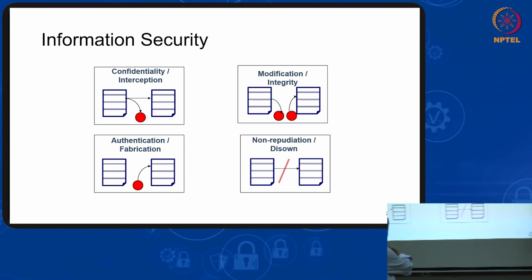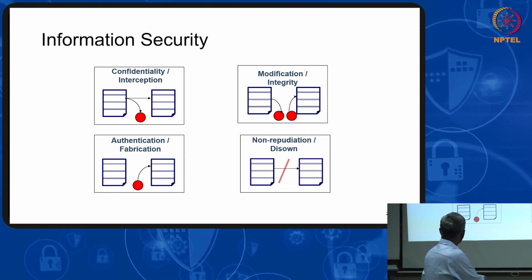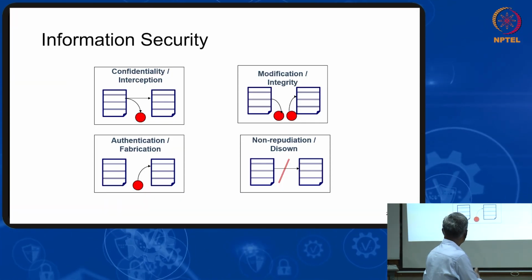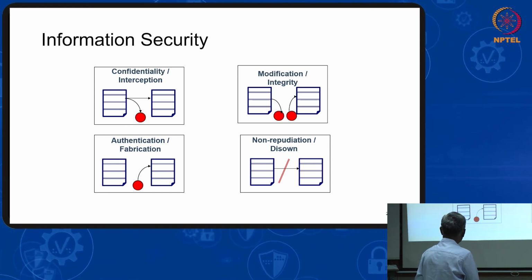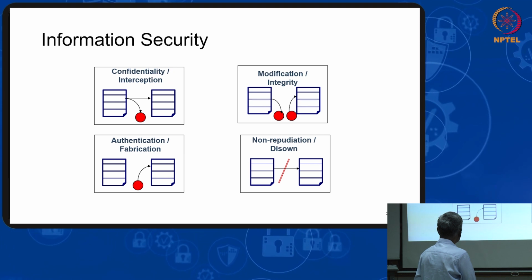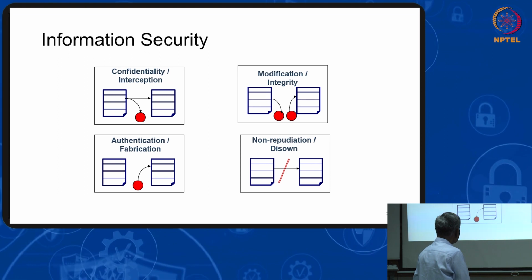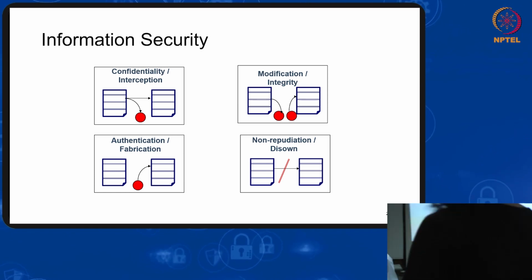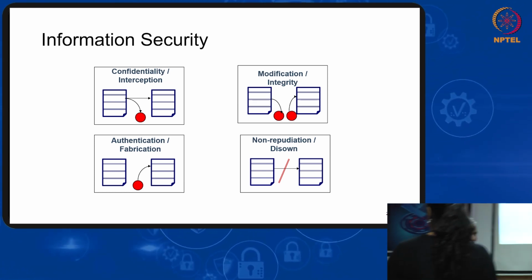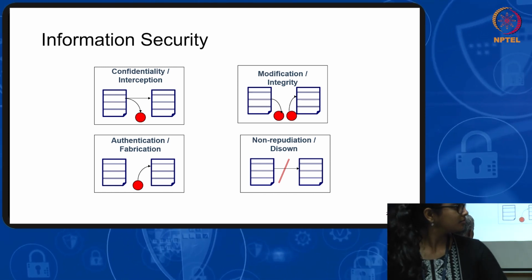The people who are intercepting want to take a copy of that. You see the first diagram. The sender is sending the information. One copy is going to the receiver, and another copy is received by an intermediary. The intermediary is a malicious user. Let us say he wants to sell the question paper or whatever secret information we have; he wants to take a copy. That is the first thing.